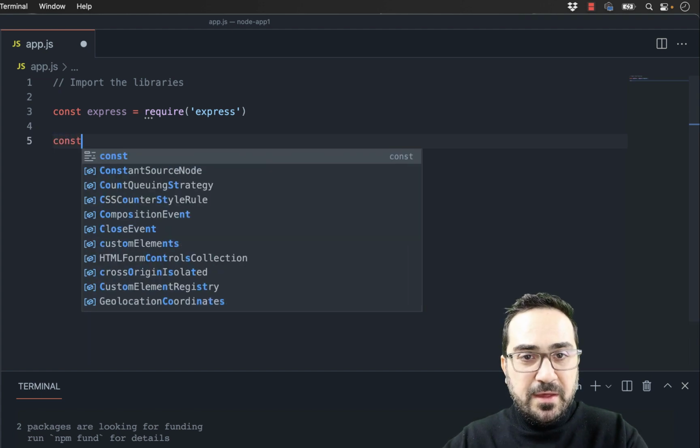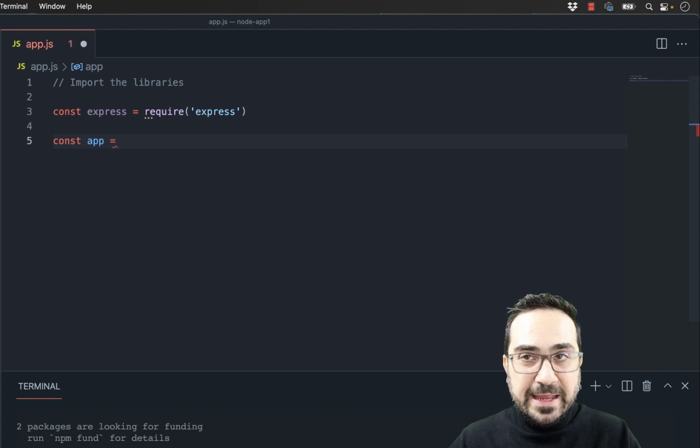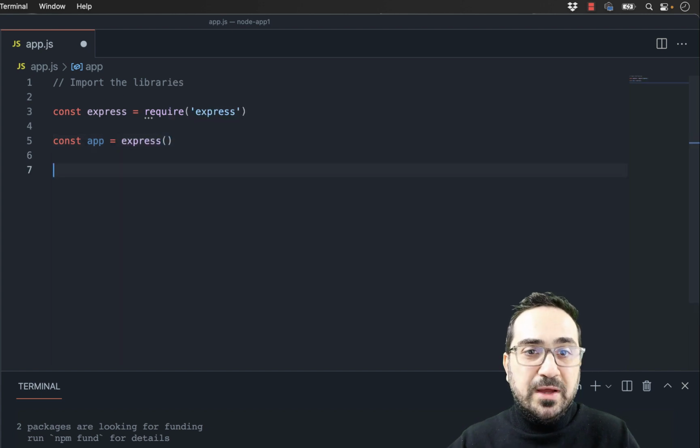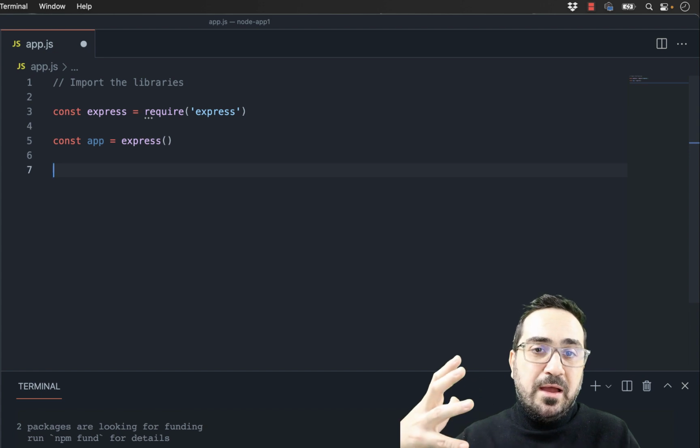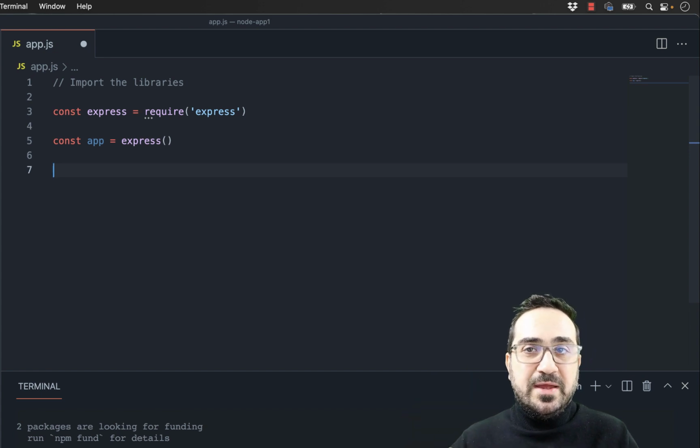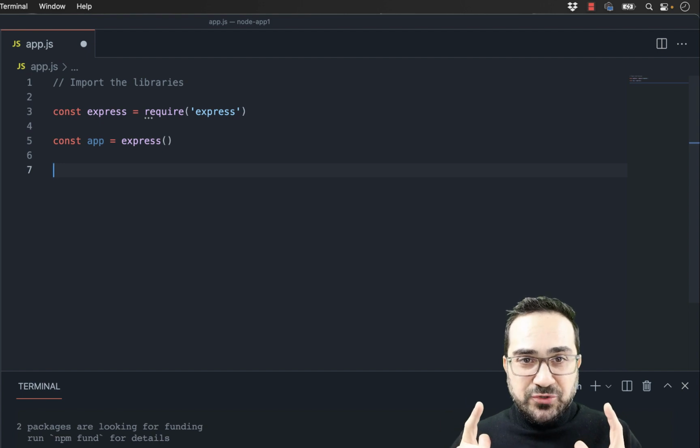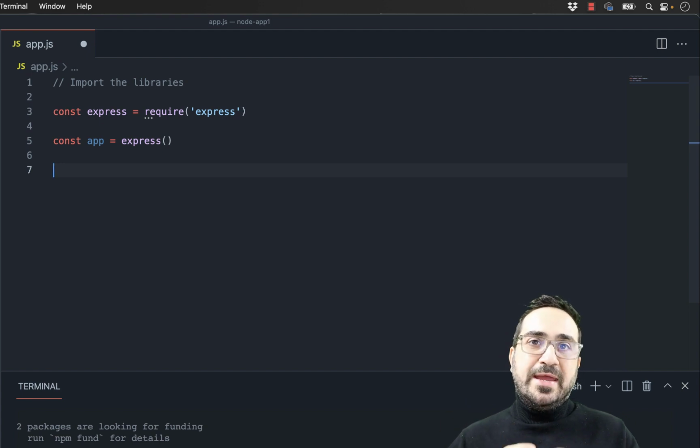Then the second step will be to create an application. Okay, this application will be an Express application. So every time we start, we just have to start with these two statements: import the library Express, and then create an Express application. Now we can start creating routes.